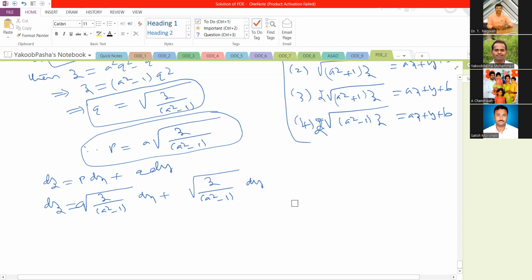So we can divide the entire equation with z. So dz by root z. So dz by root z is equal to a by under root of a square minus 1 into dx plus